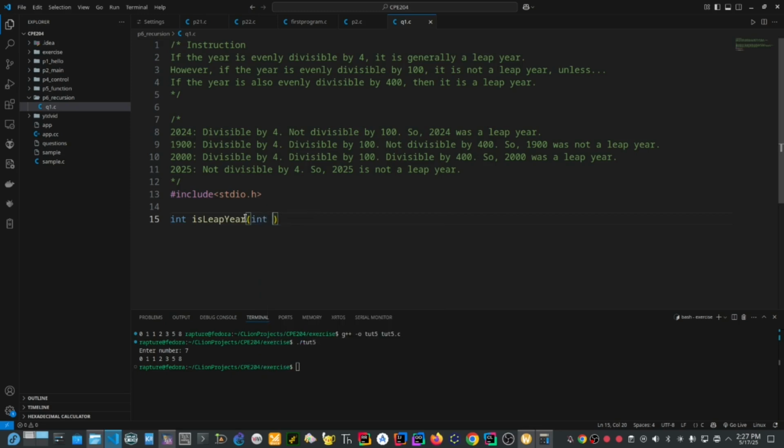It's a leap year. A year is always positive, not an integer, so we use unsigned int year. Then, if the year modulus 4 is equal to 0,